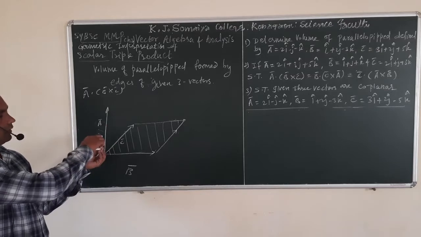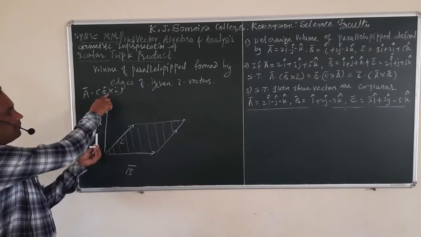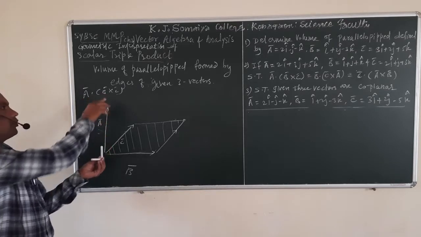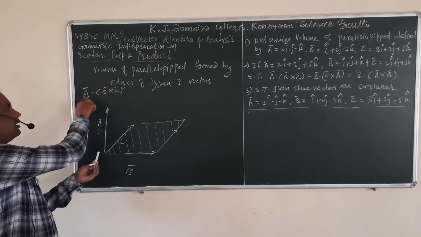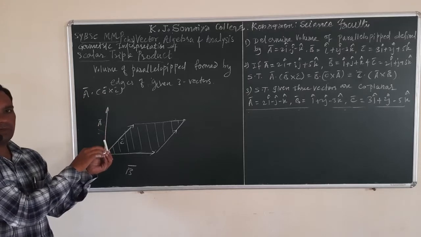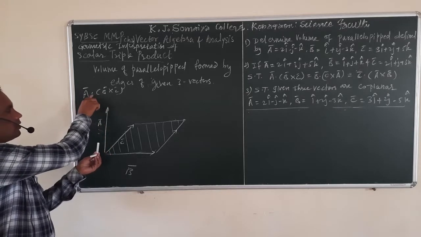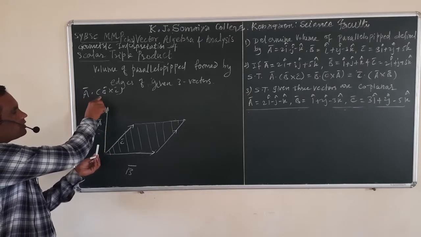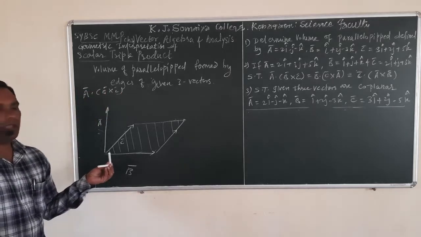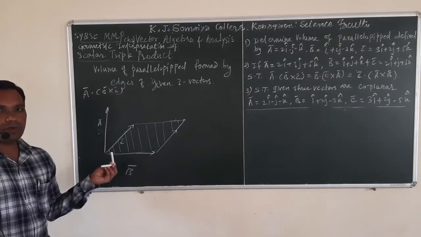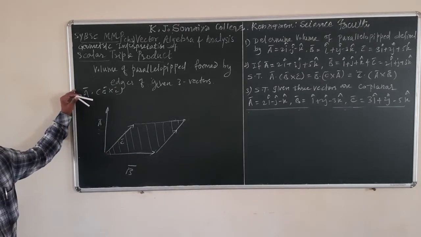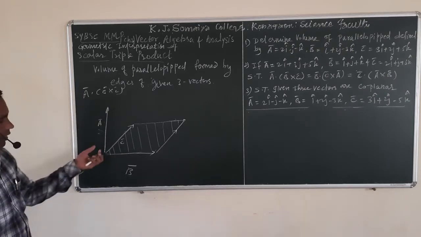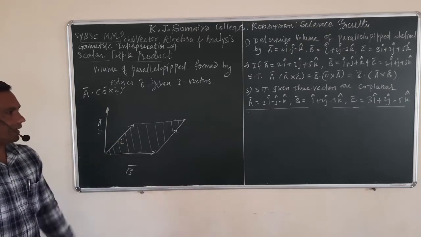So we know that A dot B cross C is, by the property of dot product, the projection of this vector A on B cross C. So A dot B cross C is A cos theta into the magnitude of B cross C. That we can study from the property or physical interpretation of dot product. So how can we show that in this diagram?